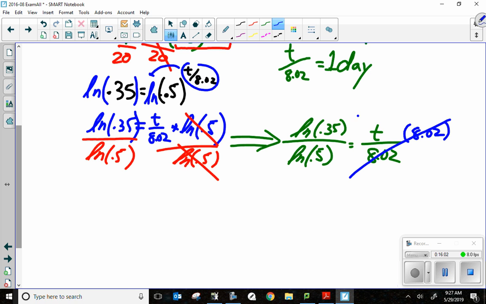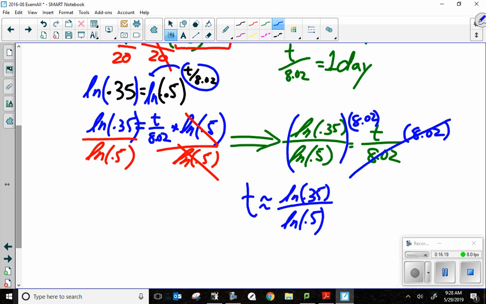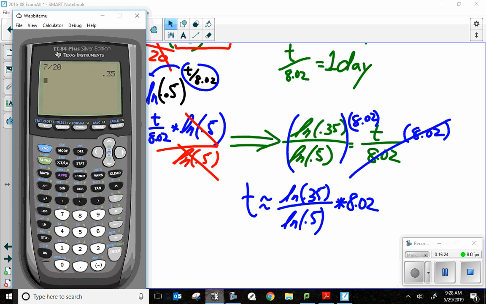I'm going to multiply this whole side by 8.02. So my t is going to approximate, because I'm going to round it, should equal the ln of 0.35 over the ln of 0.5 times 8.02. Let's put that in the calculator, because there's no way you can do that without it. So the ln of 0.35 divided by the ln of 0.5, I'm going to hit enter, and then I'm going to multiply that times 8.02,